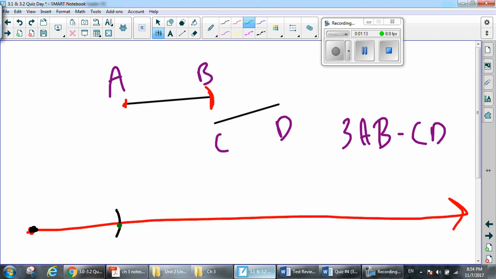Now I'm going to put my golden circle here and continue adding on that length. That's 2AB. Now here's my golden circle, make that same arc. That's 3AB. So when we're adding, we move to the right. Now when we subtract, I'm going to have to move to the left. So if this is the last point,